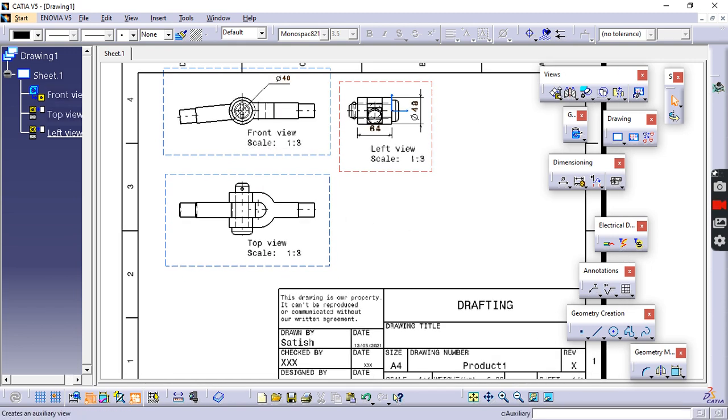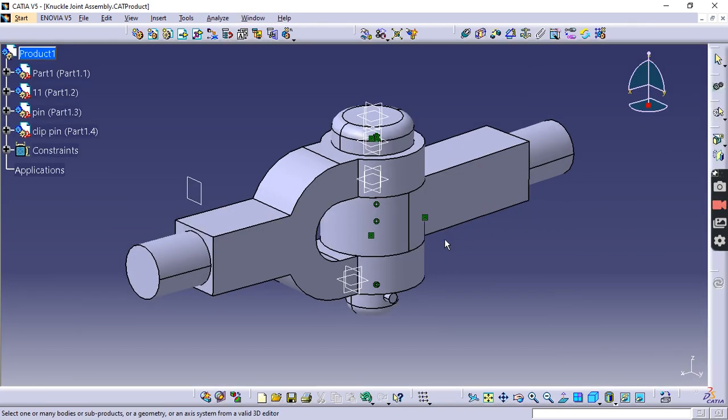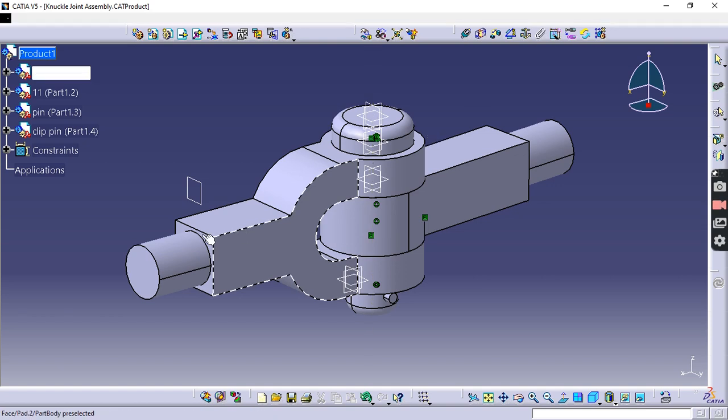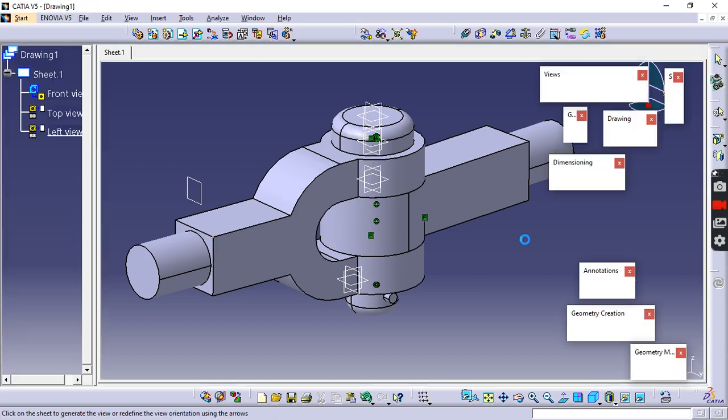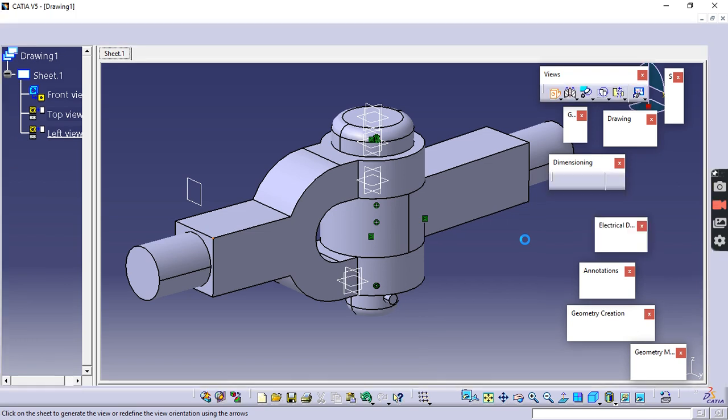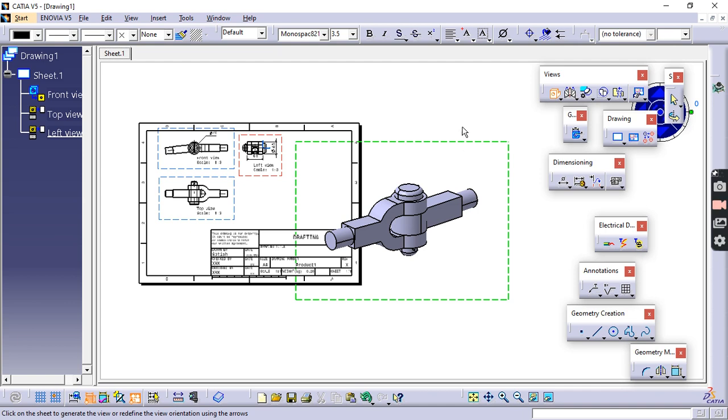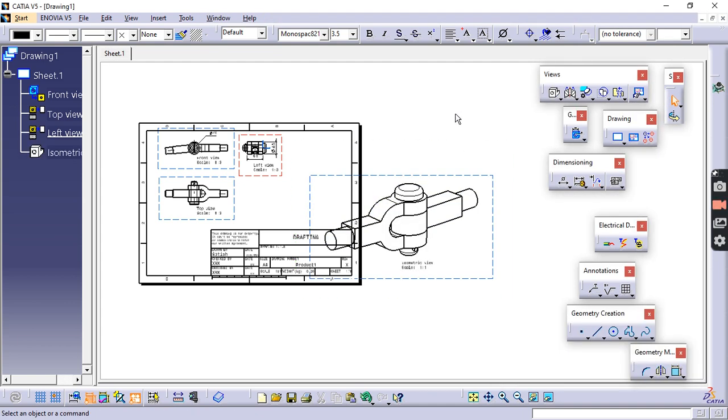Then there are certain views. In the view toolbar there are certain views available, that is front view, unfolded view, view from 3D, projection view, auxiliary view, isometric. Now let us see how to bring an isometric. Click it over here and go to window and open that knuckle joint. Now click at a point where the observer is, from which position you have to see that. So I will click it here. I need to see the isometric in this orientation, so I will click at this point. So the isometric along this view will be available on the screen.